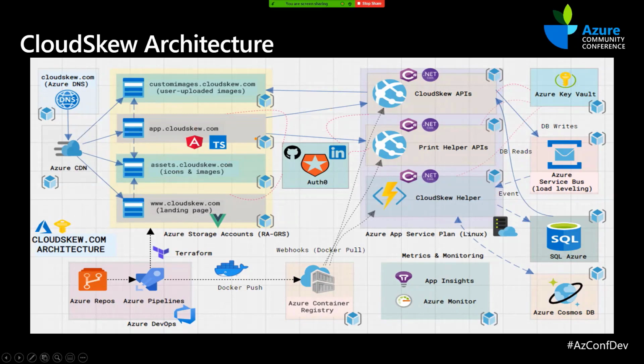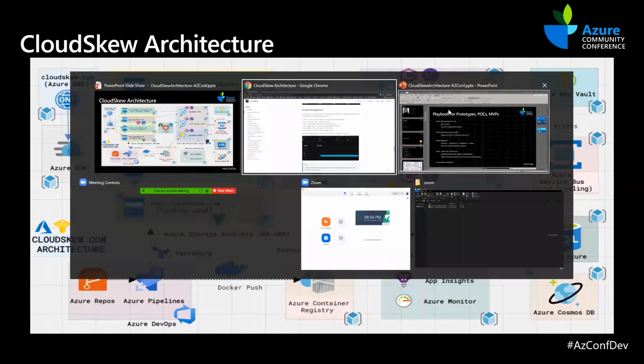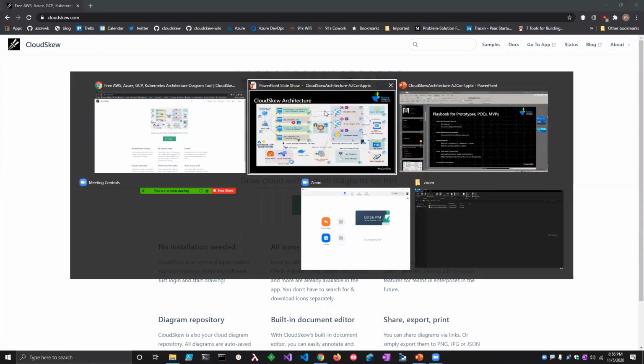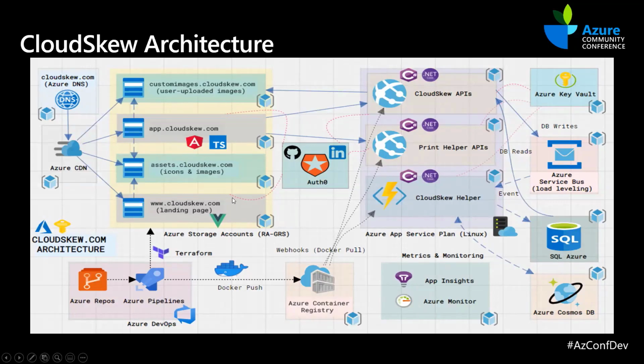Now let's take a look at the infrastructure. At its core, we have two apps. The first is the landing page, the site that we just saw, the cloudsq.com site. This one is a static VuePress app. Everything is authored in Markdown. All the images are served out of a CDN. It doesn't talk to any APIs. There's no dynamic content here. It's a plain static site hosted in an Azure account, and I'll get to that piece later.